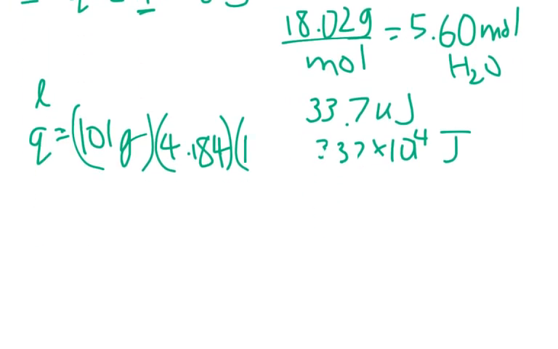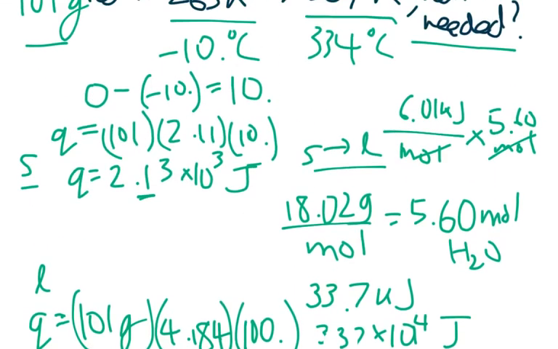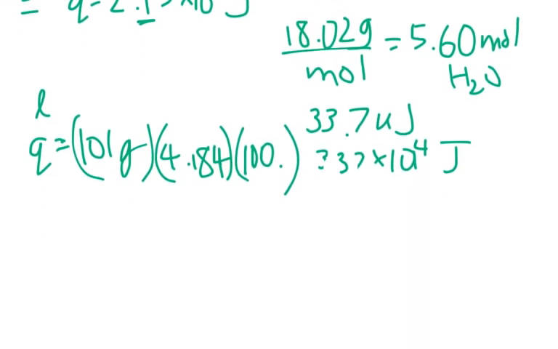So this will be 100 point as our delta T, and in the end, we get that the change in heat for heating a liquid from 0 to 100 degrees Celsius is 101 times 4.184 times 100, and we get 4.23 times 10 to the